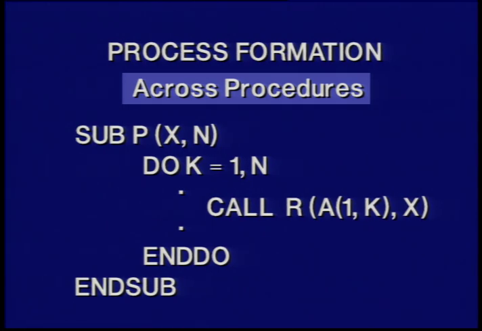A second aspect of interprocedural analysis is just looking at this particular routine itself. How do I know how x and n, which are parameters that are being passed into this procedure, are related to each other? What are the aliasing relationships here? Is n, in fact, a constant value, and do we know that, which would be very useful in understanding how to break this program up into parallelism? So an important aspect of what we do in the formation of parallelism is, in fact, to look across procedures.